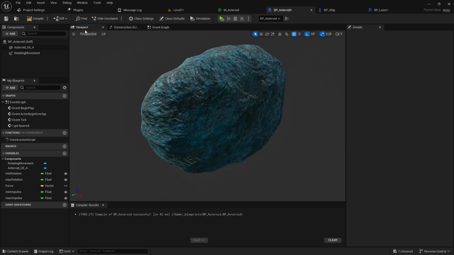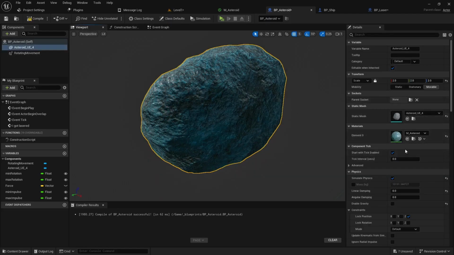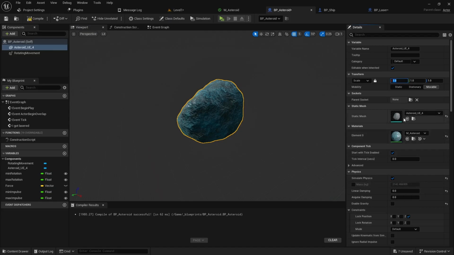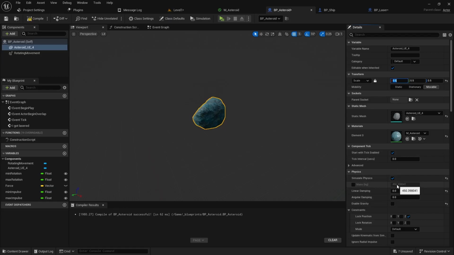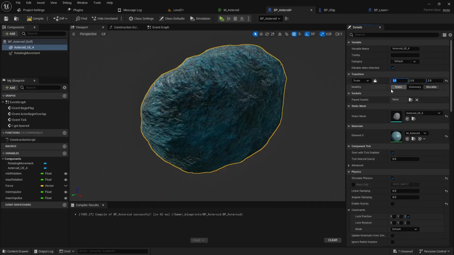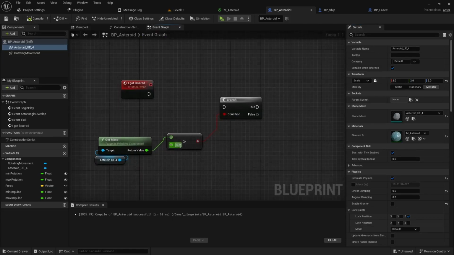So if you remember when we were looking at the mass, this thing was 10,000? Yeah, 10,000. If I set it to 1, it's 2,100. If I set it to 0.5, it's 450. So those are our mass values. Yours is going to be different depending on the static mesh you use. So you may not be using my values if you're doing it through this method. If you're creating three separate rocks, you just spawn the separate rocks, so it's not a big deal. So I'm going to say if this thing is bigger than, say, 5,000,